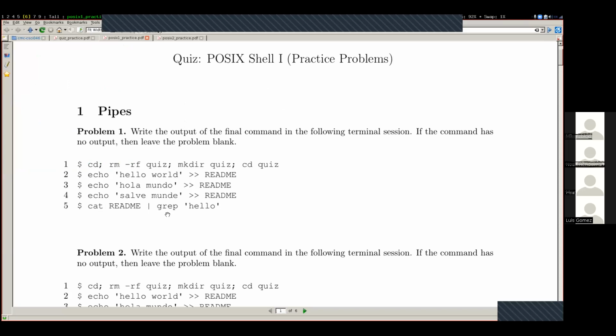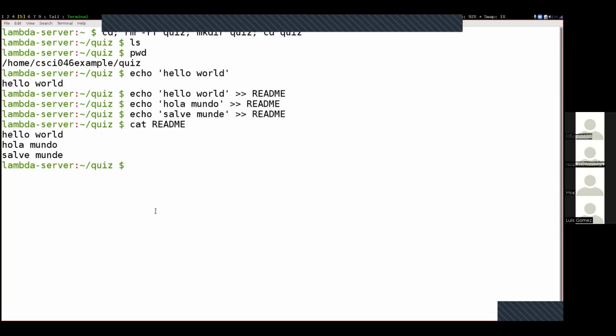In order to see exactly what this grep command is going to do, I'm going to just run it by itself without the vertical bar. So over here, I'm going to type grep space hello like this. And the vast majority of these terminal commands, of these POSIX commands, when you type them in like that, you'll just be on this empty prompt right here. And it's waiting for you to type something in. And if I type in something like this is a test, then we'll see that it doesn't print out any